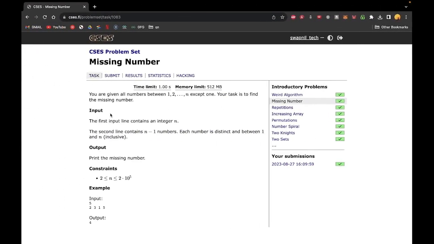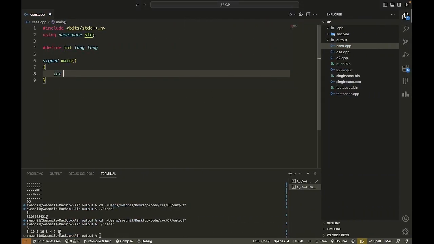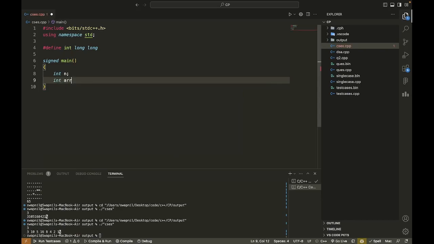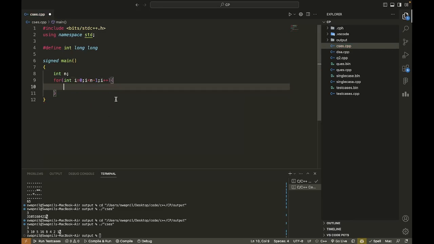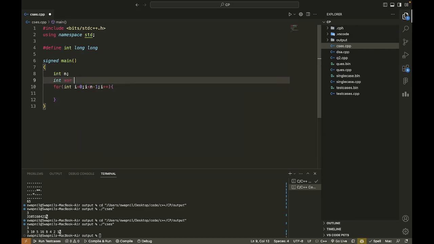So coding it won't be a big deal. We can just take int n, and then we can have an array, or we don't actually even need an array. What we can do is for int i equal to 0, i less than n minus 1, i plus plus, we have to input n minus 1 numbers, right? So we can just have an XOR value, like int answer is equal to 0,